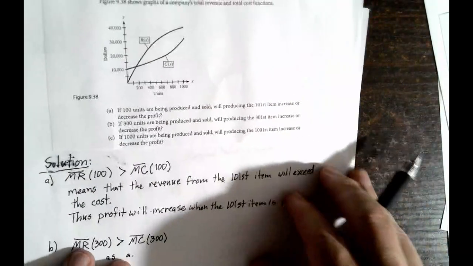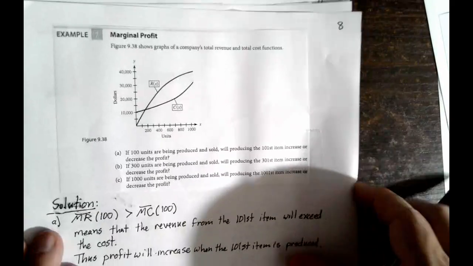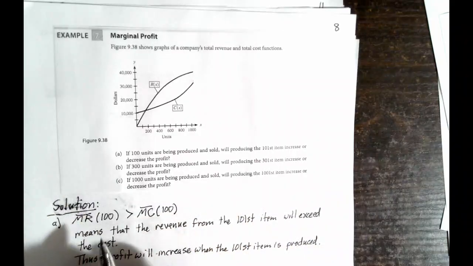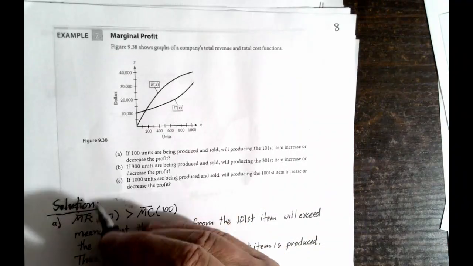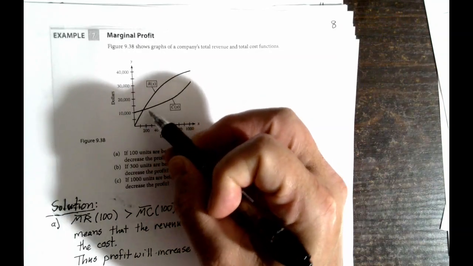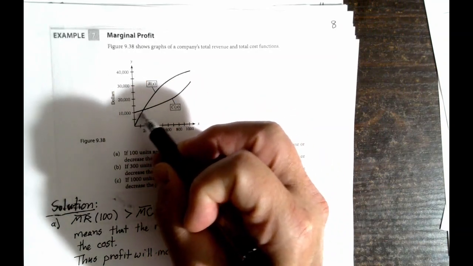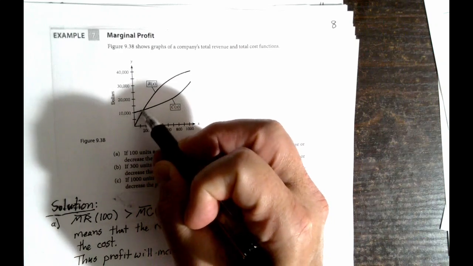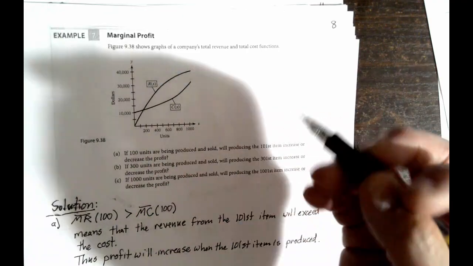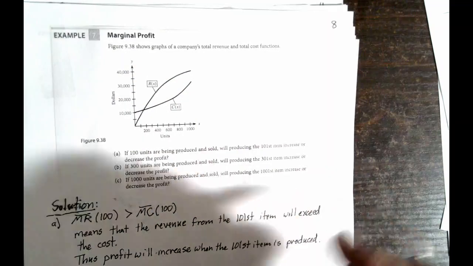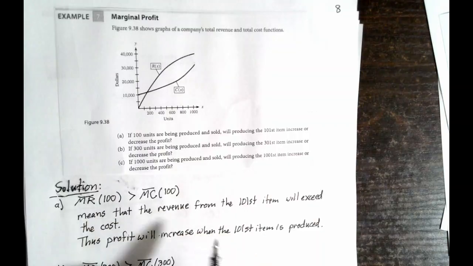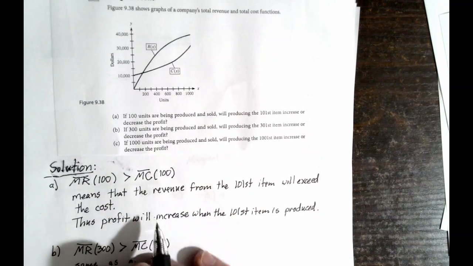All right. Number 7. It shows you revenue and shows you cost, and it says if 100 units are produced, will producing the 101st item increase or decrease your profit? So at 100, your revenue is quite steep, and your cost is not as steep, so your revenue is higher than your cost. Remember, the slope is going to tell you how much you're going to get for each unit. So the marginal revenue is greater than the marginal cost, which means you're going to make a profit, because revenue